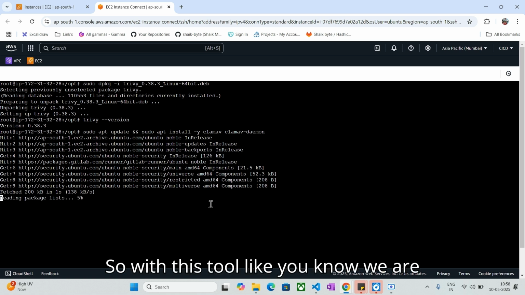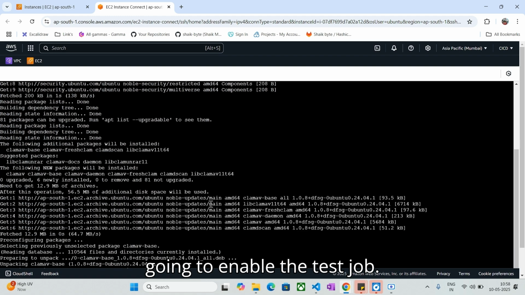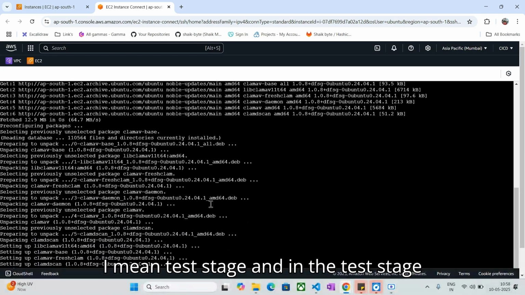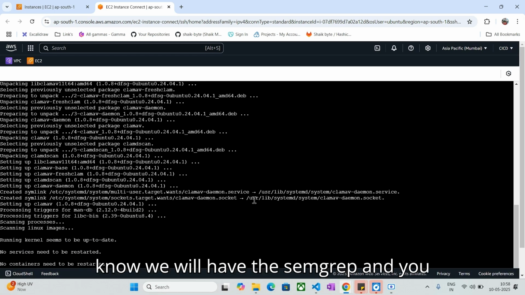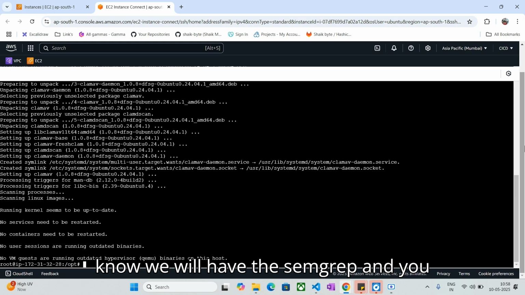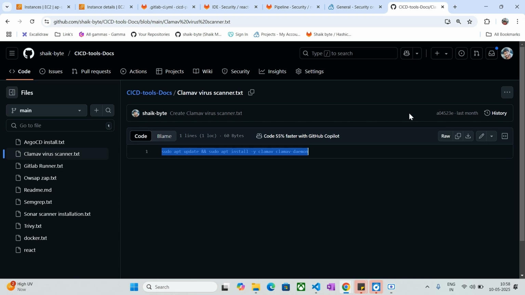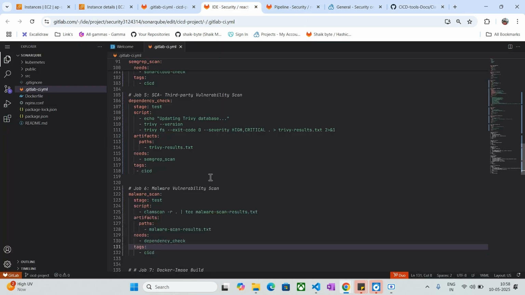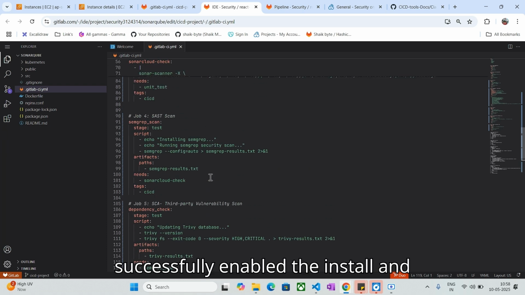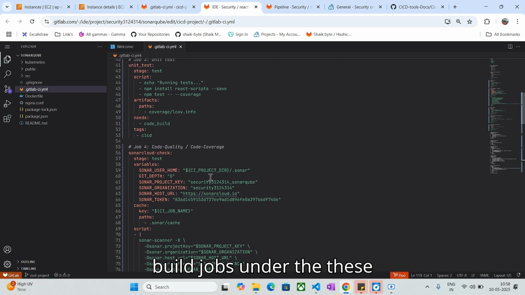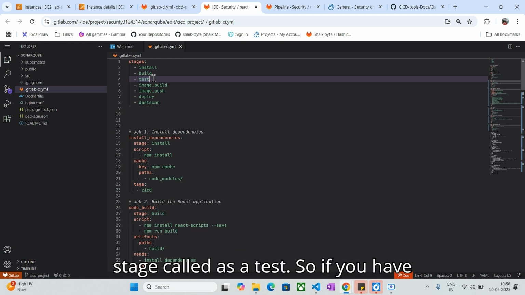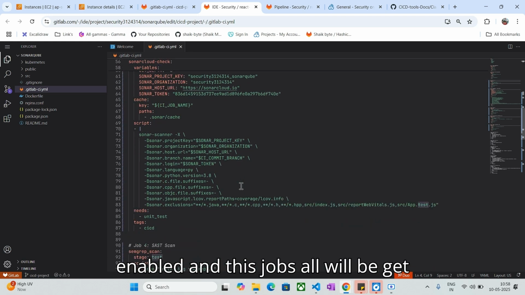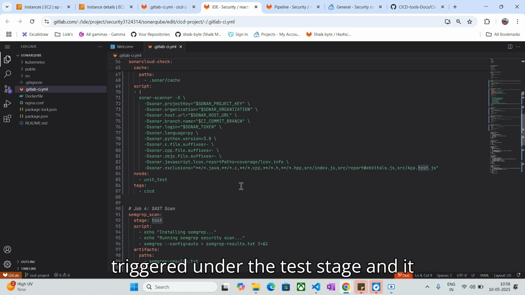So with these tools, we are going to enable the test job, I mean, the test stage. And in the test stage, we have a number of jobs. The first ones are unit test and Sonarqube scan. And later, we will have Semgrep, Trivy, and ClamAV. So these are all the jobs we have under the test stage. We have successfully enabled the install and build jobs under those two stages. Now we are enabling this stage called test. So once you enable it, all these jobs will be triggered under the test stage, and